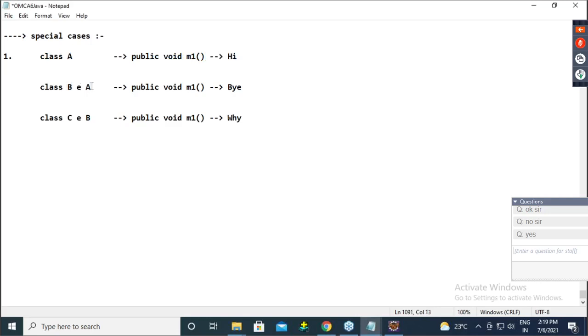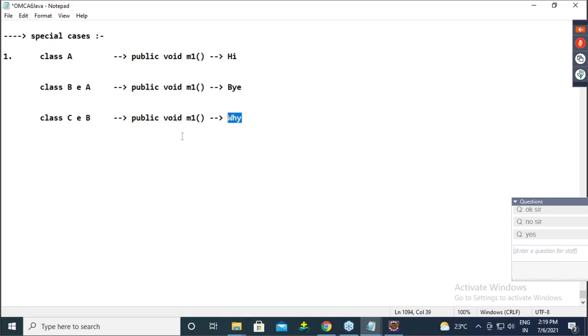Then B extends A, meaning B is the child of A. That means again it has the M1 method with a by implementation. That means it is overriding. Then C extends B, so C is a child of B, and it has the M1 method with the implementation of Y. Now at least it is clear.